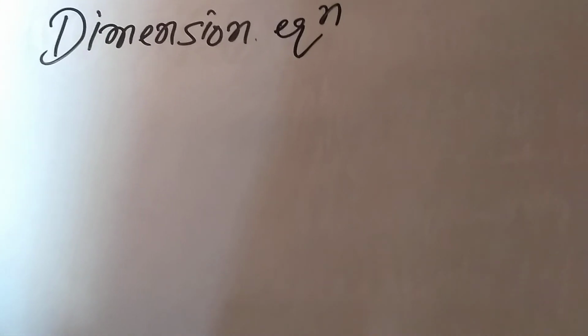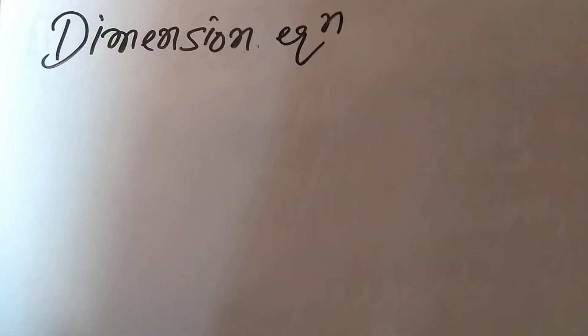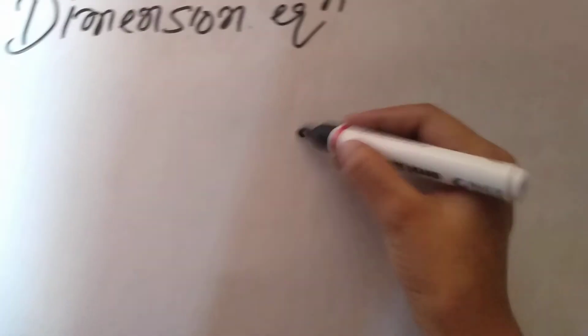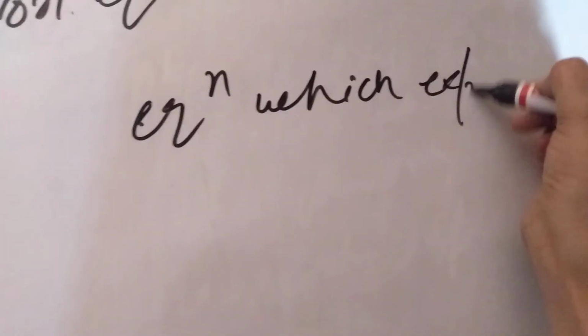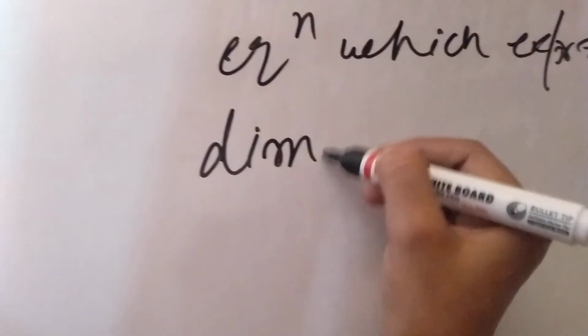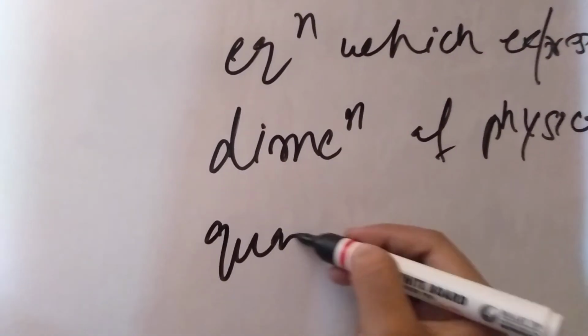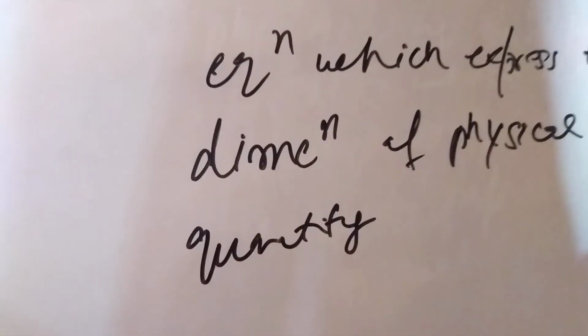Now we have one more term that is related to dimension, and this is dimensional equation. So what is a dimensional equation? An equation which expresses the dimension of a physical quantity. So we have so many physical